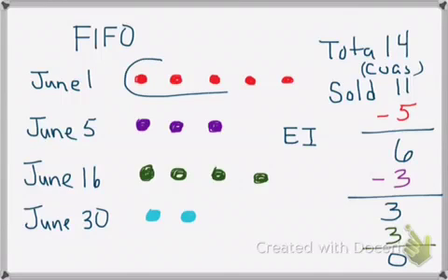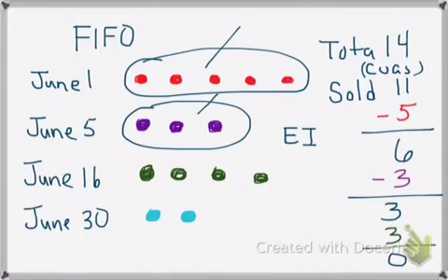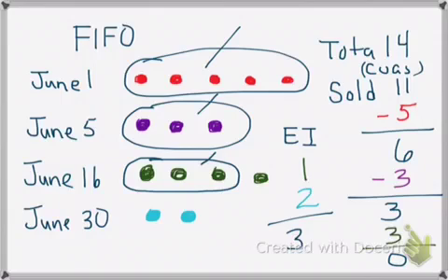Now, we have already sold all of these. Those are gone. We have sold these. Those are gone. We have sold 3 of these guys, right? So they're gone. So what we're left with in our ending inventory is 1 green and 2 of those blue units. And so our ending inventory will have 3 units in it, which is what it's supposed to have, because if we look at what we had total was 14, we sold 11, so we should have 3 in